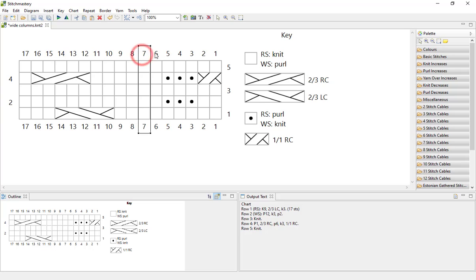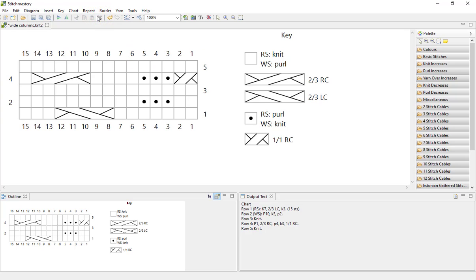And same thing with columns. Very straightforward. You can also use the marquee select tool if you want to select all of the stitches, so make sure that you've dragged around all of the stitches in the row or column. That will select and show the boundary lines for the selection, and you can press the cross icon.